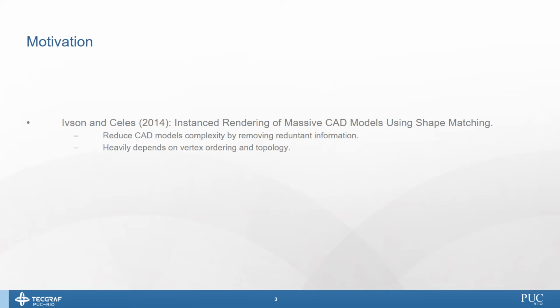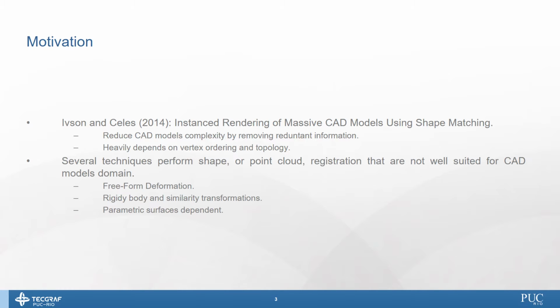In 2013, Iveson and Salles reduced the 3D CAD model complexity by removing this redundant information, computing an affine transformation that can be used to instantiate several connected components using the same triangular mesh, but it heavily depends on vertex ordering and topology. Several techniques, some of which are deep learning based, perform shape registration and point cloud registration, but they